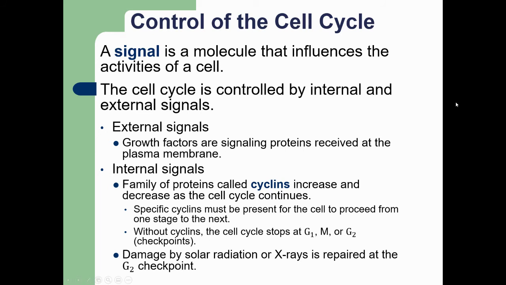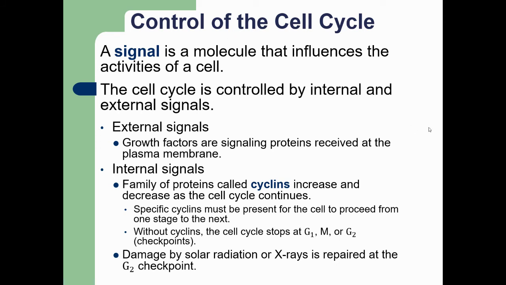All right, so we talked very briefly about the control of the cell cycle. So what happens, lots and lots of moving parts in this process, lots of opportunity for things to go wrong. So what would happen if something went wrong in this process? Well, we have a way to control it. So control of the cell cycle,